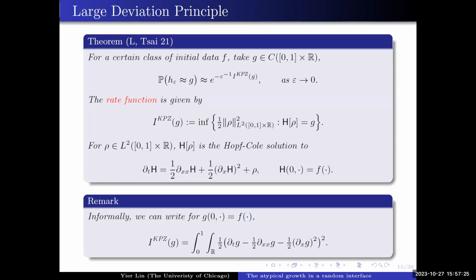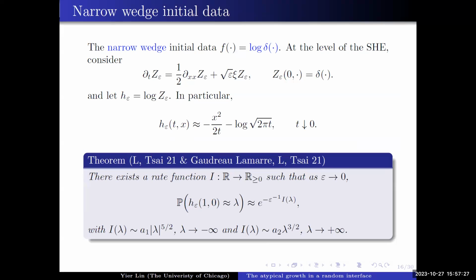All right. So what we're going to study when you look at the KPZ equation, and now we are going to explain where this 5/2 tail exponent shows up. And we're going to restrict ourselves to some special initial condition. Although our result does work for some other initial conditions, I'm going to focus on that. So this initial condition corresponds to letting h start from this log of Dirac delta initial condition.